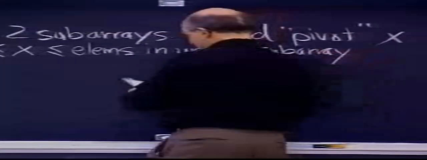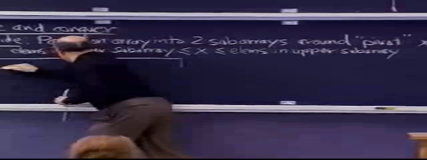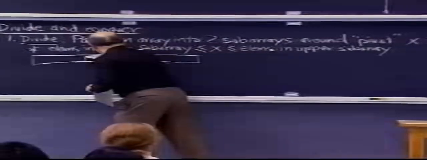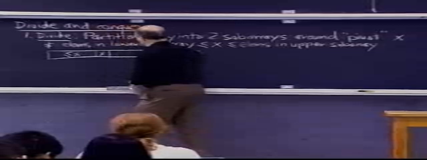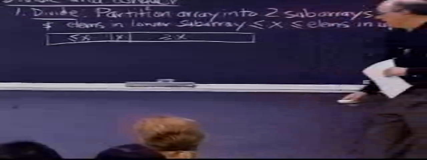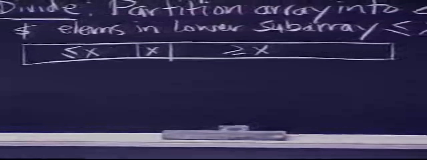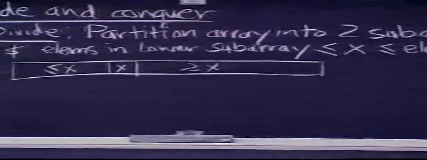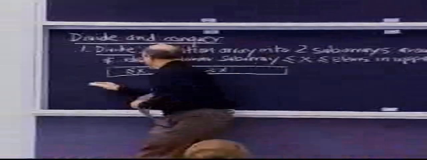So the partition step yields an array. We'll look at the array like this, where x falls somewhere, and the elements to the left of it, in the lower part, are less than or equal to x, and the elements here are greater than or equal to x. And that's what the partition subroutine does. We'll talk about how we implement the partition subroutine in just a moment. I'm giving a top-down description of the algorithm. So step 2 is to conquer